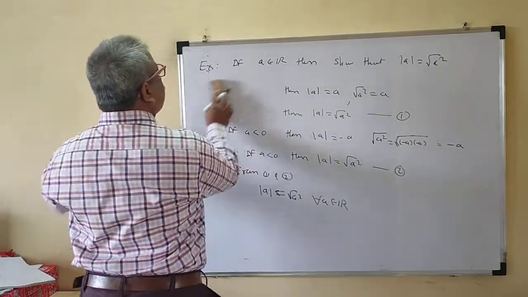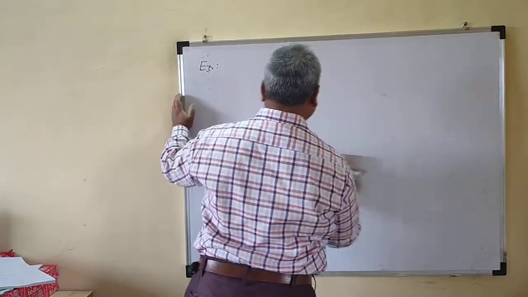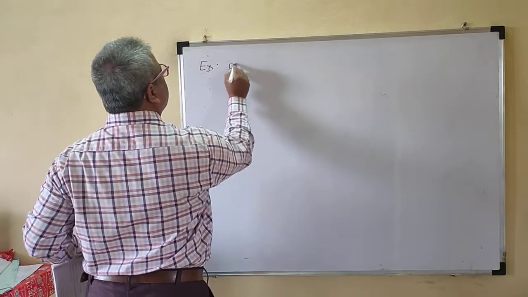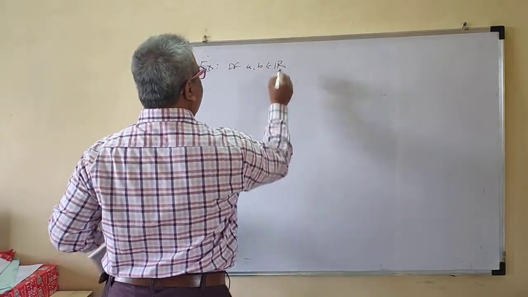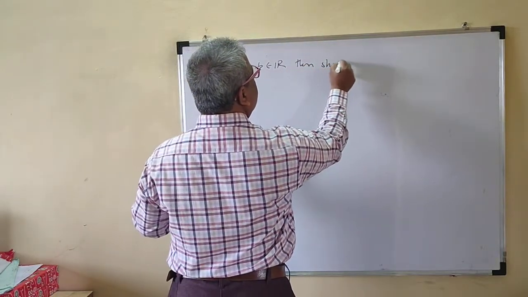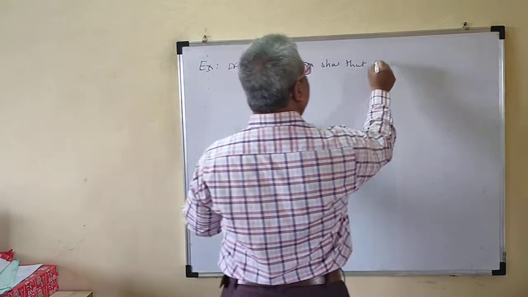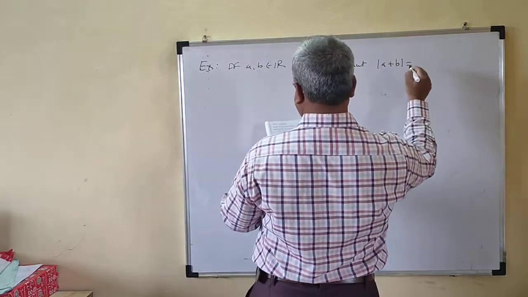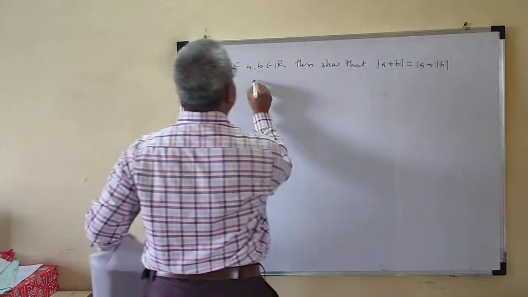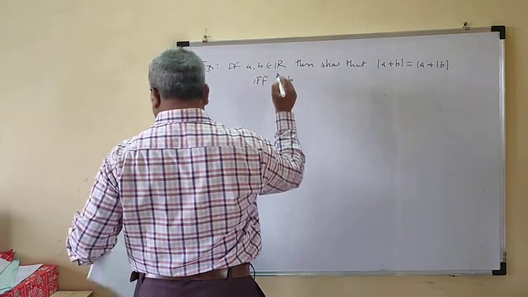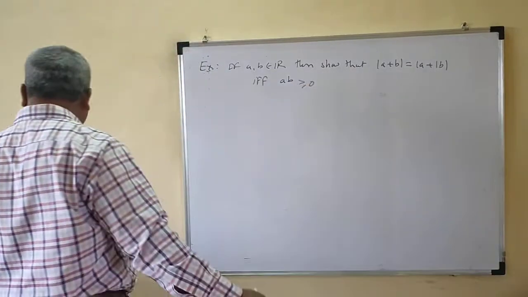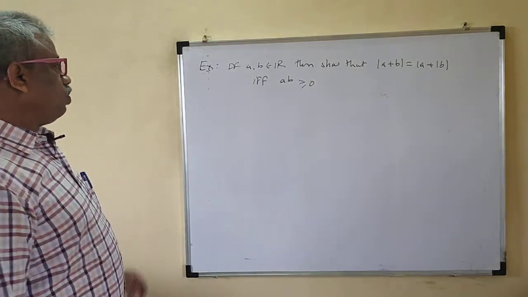Okay. Next example. If A, B belongs to R, then show that mod of A plus B is equal to mod A plus mod B if and only if AB is greater than or equal to 0. If and only if AB is greater than or equal to 0. So